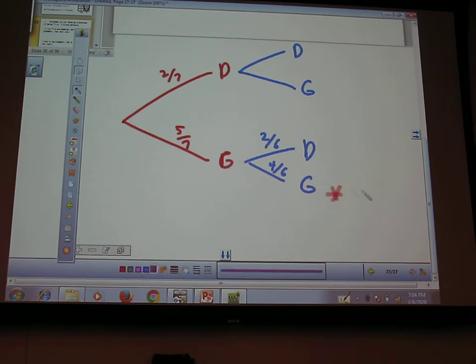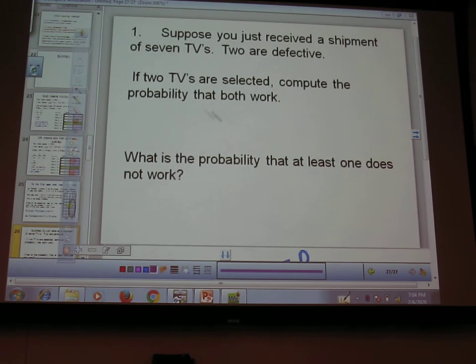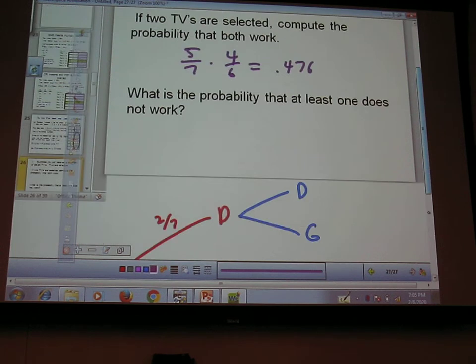So I'm going to multiply 5/7 times 4/6. So this is going to be 5/7 times 4/6. What do you guys get? 0.476. Is that right? Has someone else got? Great. Okay, now,